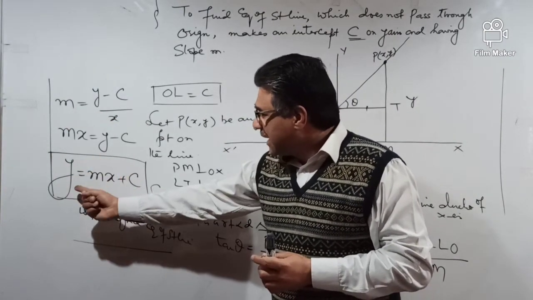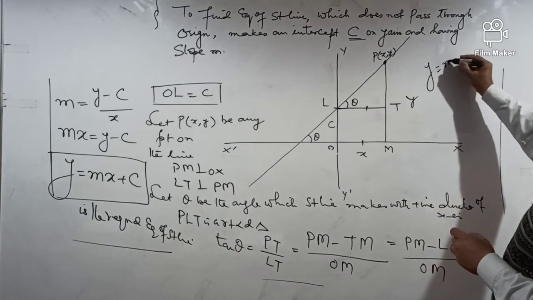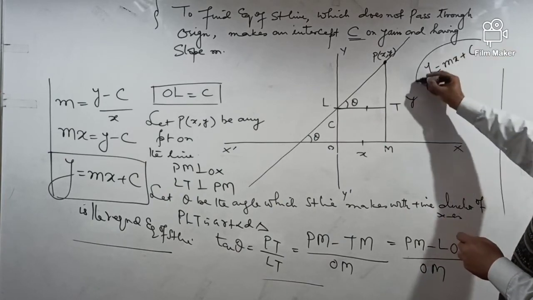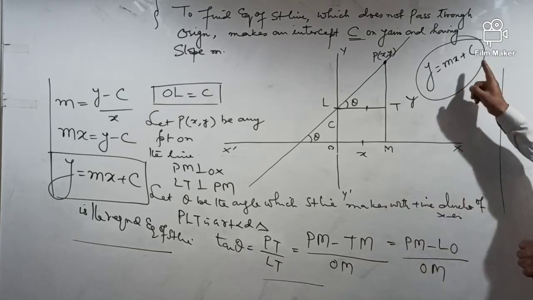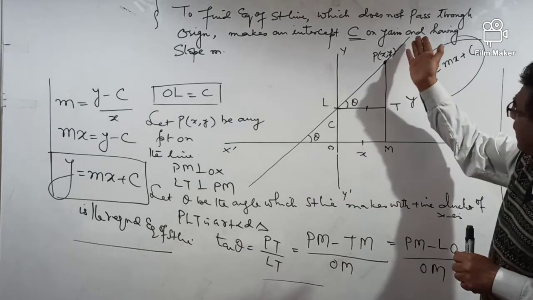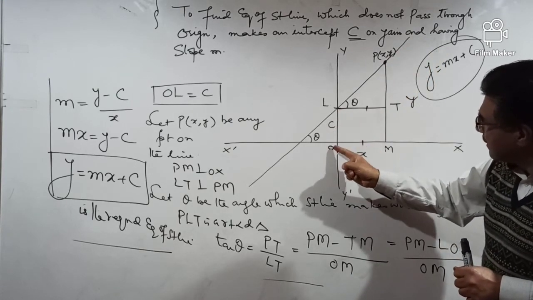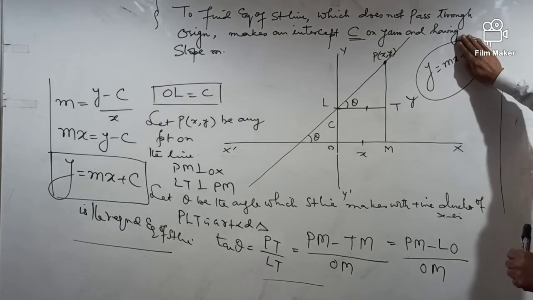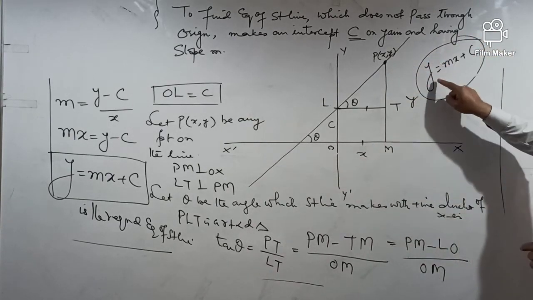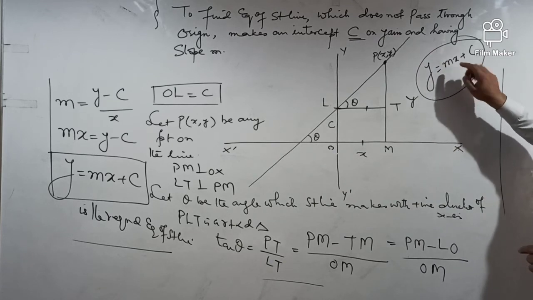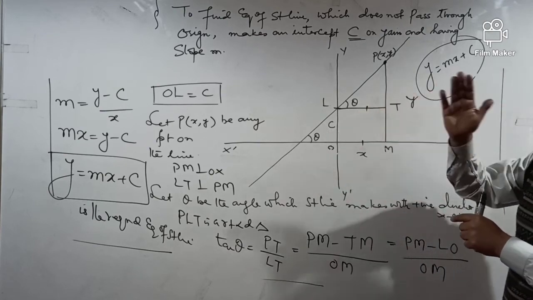And what is the equation of the line now? y is equal to mx plus c. Now you remember, y is equal to mx plus c is the equation of the straight line which does not pass through the origin. Now suppose अगर ये line origin से गुजरती, तब c का वैल्यू क्या होता? c तो खत्म हो जाता, c का वैल्यू 0 हो जाता. जब c का वैल्यू 0 हो जाएगा तो ये बनेगी y is equal to mx, ये पुरानी वाली इक्वेशन बन जाएगी. यानी y is equal to mx is the equation of the straight line passing through the origin. लेकिन अगर c है तब ये origin से नहीं गुजर रही है.